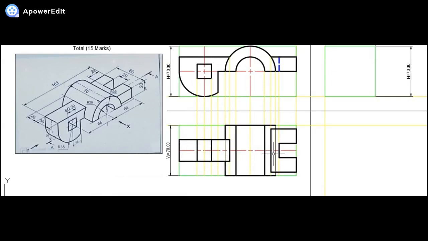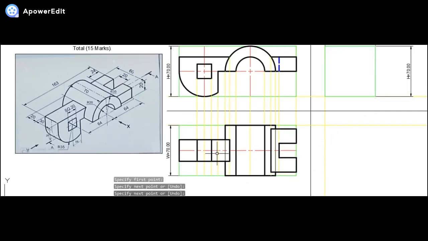Let's proceed further one by one. The edges which were left out over here, to be very specific, my dear friends, dark edges I'm talking about. One is over here and even one is over here.